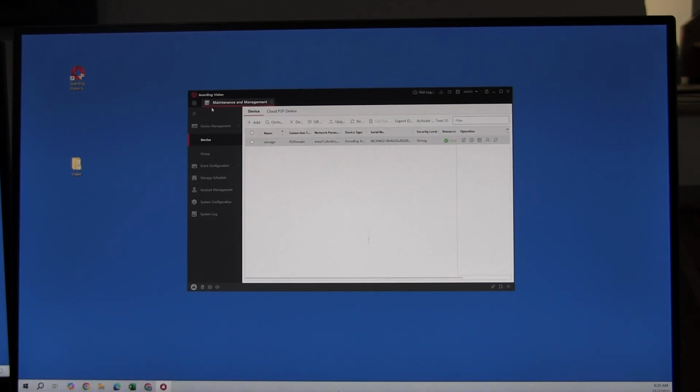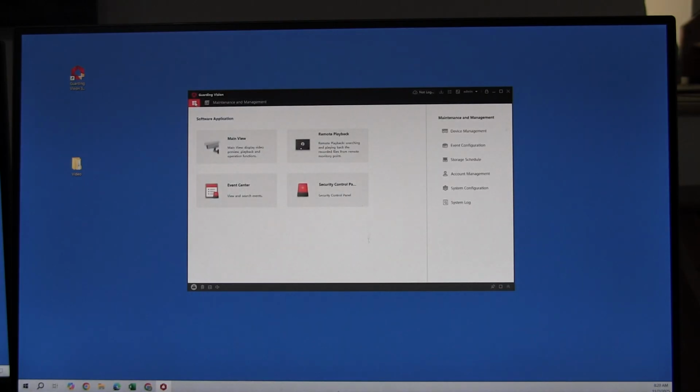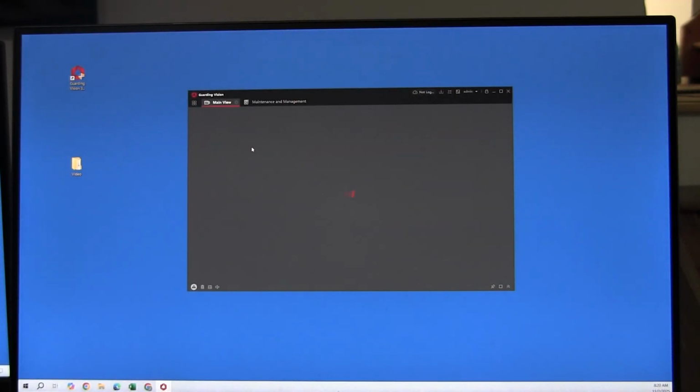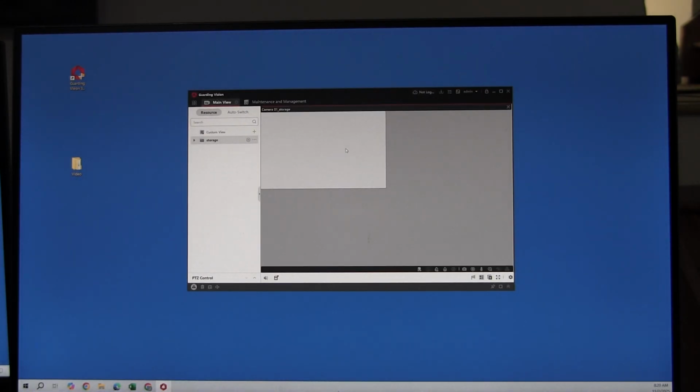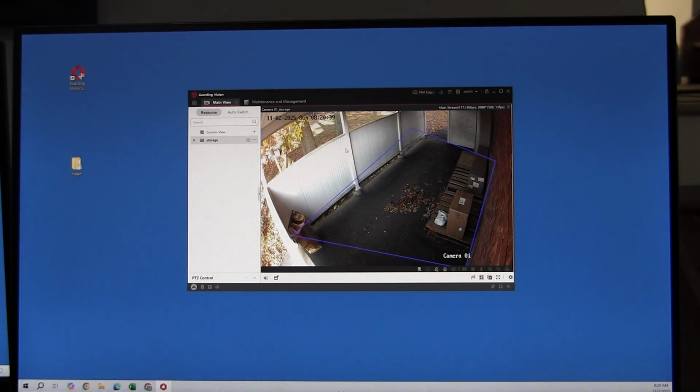Now, let's go to live view now that we have a device. This is your menu icon right here. It's blinking red as I hover over it. If we click here, it allows us to go to main view. And then you can see that we have video at this particular location. Now, if we back out of here